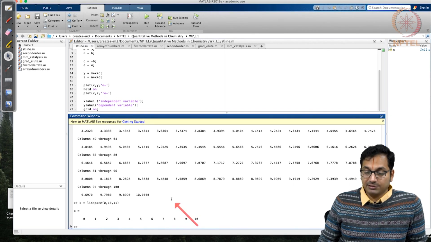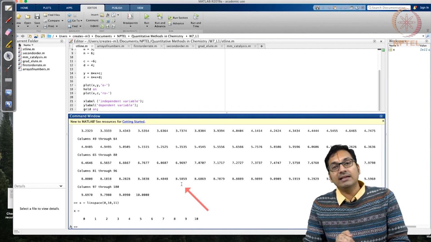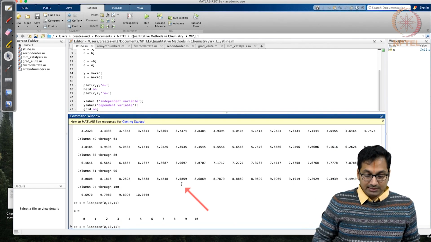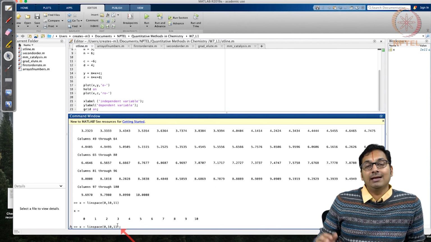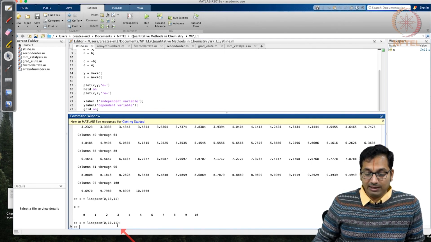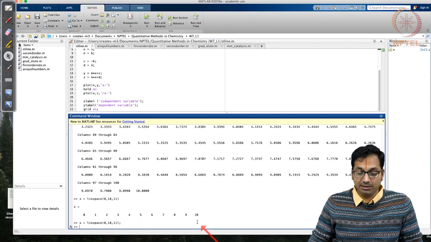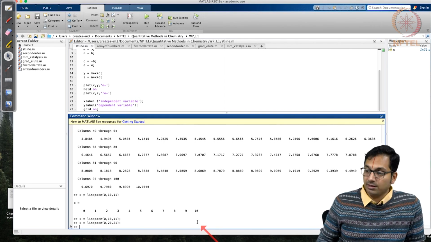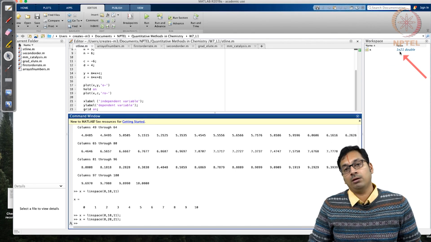If you go to the internet and search for how to generate numbers or how to increment a certain number, you will easily be able to find it, because the online forums are fantastic. And one thing we can do here is, instead of displaying every value that comes, use a semicolon, which means it does not display the values generated for this variable x. So now if you hit enter, you realize these numbers are not printed, and of course the workspace has created the variable here. Just for the sake of understanding, you can add between 0 and 20 and generate 21 numbers. Then you see that x is a 1 by 21 matrix.